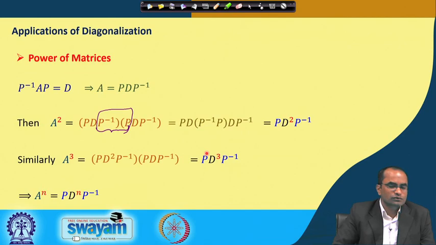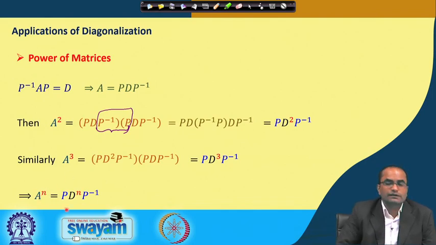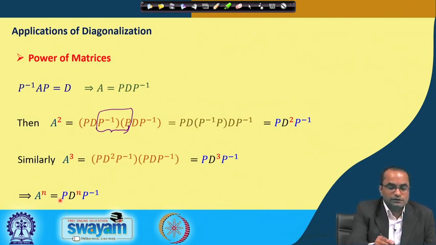So, in general we can also prove that A power n is nothing but P D power n P inverse. As I said before, we can use this when we want to compute a very high power of a matrix, a large n. This is very useful because the computation of D power n is very simple, because if we take two